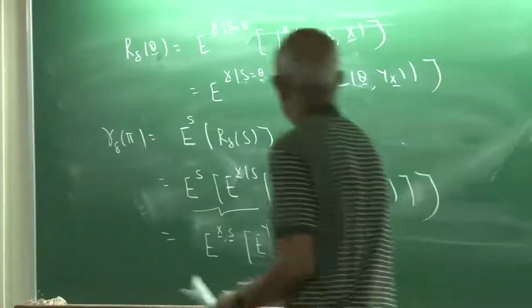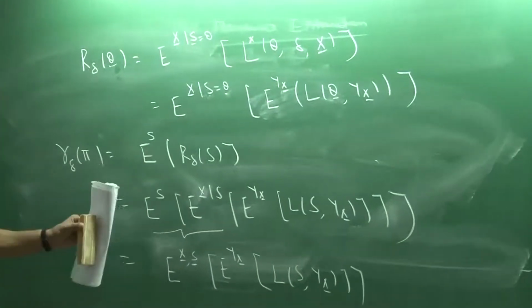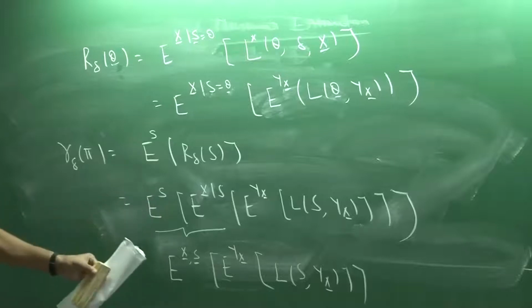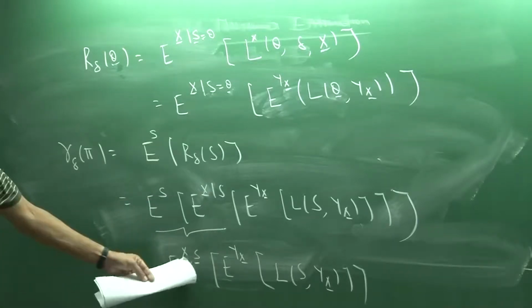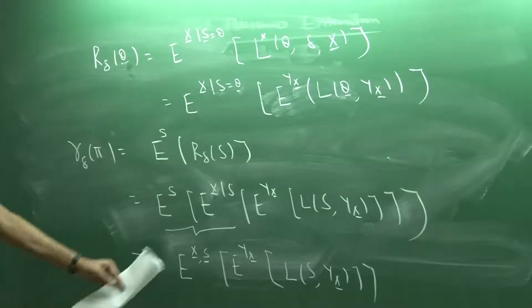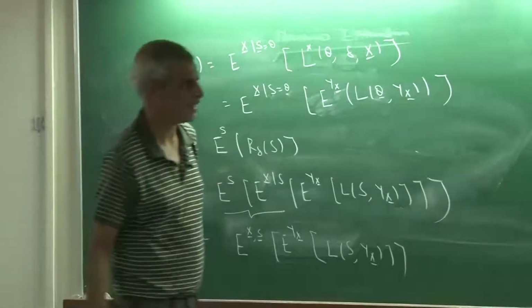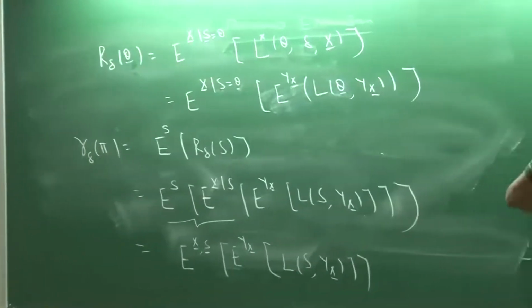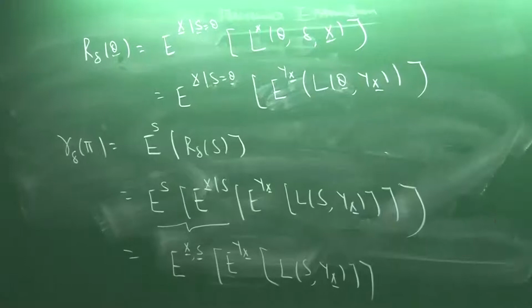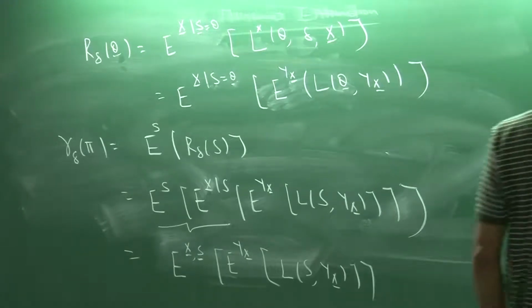That is why I converted these two expectations, an expectation of a conditional expectation, into a joint expectation. Now I convert this again into an expectation of a conditional expectation, except that now I write this as E of X into E of S given X. So E of X is the marginal of X,